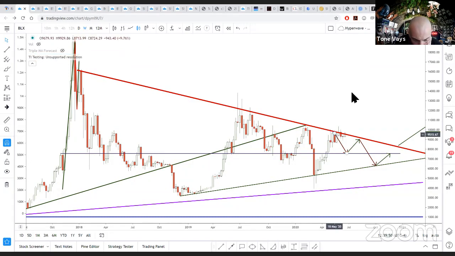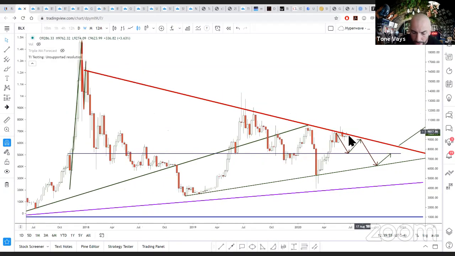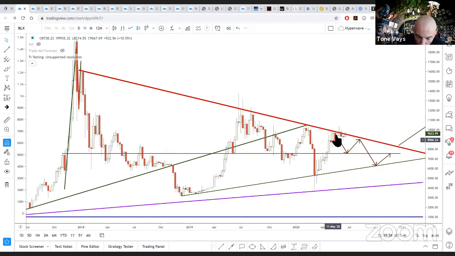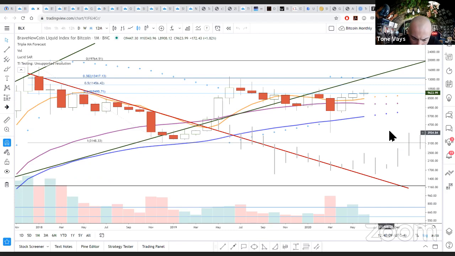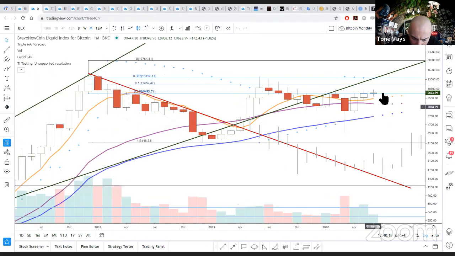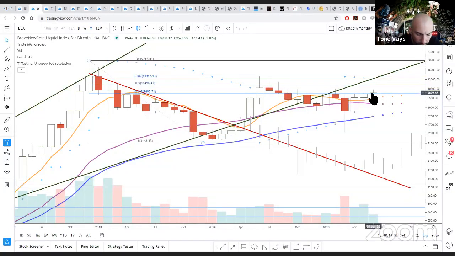So this is the hyperwave look on Bitcoin, and we are still being rejected by this trend line. We have been rejected by this trend line for 1, 2, 3, 4, 5, 6, 7th week. And based on the way the Bitcoin price is heading right now, I wouldn't be surprised if this trend line is still resistance for an 8th week in a row coming up next week. Here's the monthly chart. Haven't taken a look at it in a little while. The monthly chart is actually still kind of bullish. Now, today's prices are not factored in. We are definitely a little bit lower, but this is still looking bullish.